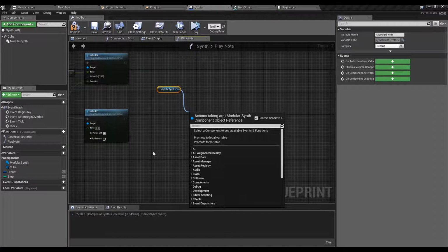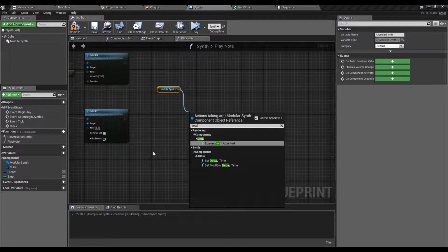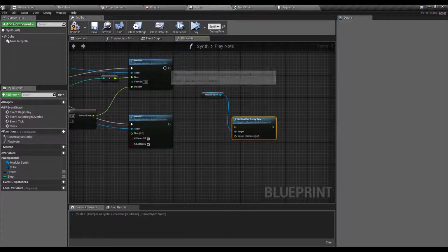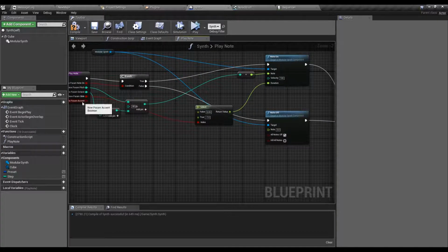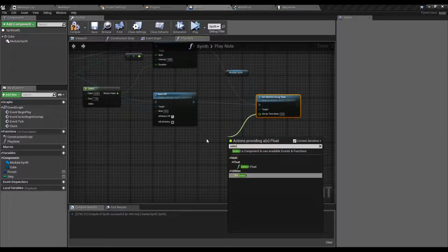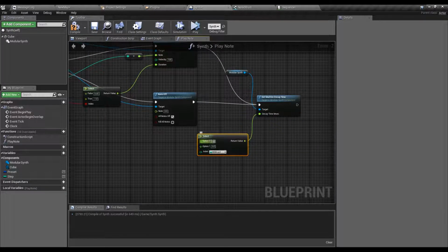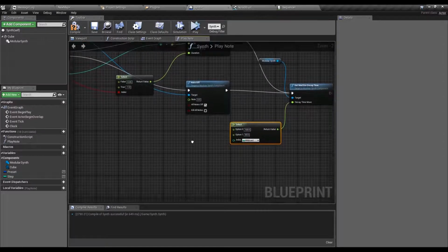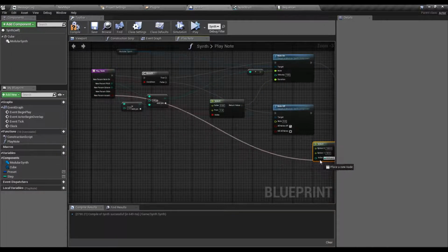Okay, so I'm gonna set the decay time of the envelope based on whether accent is on or off. So if it's off, it's gonna be 100 milliseconds, and if it's on, it's gonna be, let's just say, 30. Okay, plug it in,